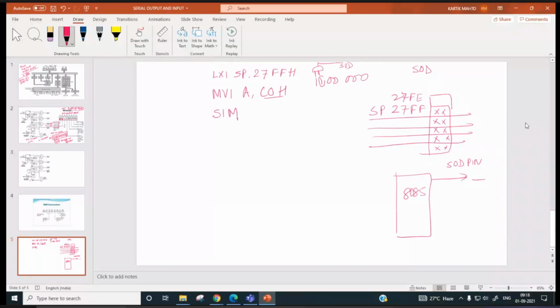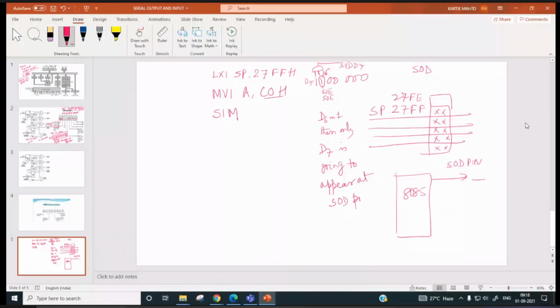This is not actually ANDed. This is serial output enable, SOE or SDE. If this bit, the D6 bit, is 1, then only D7 is going to appear over here. Is it okay? Yes, sir. If D6 is 1, then only D7 is going to appear at the SOD pin.